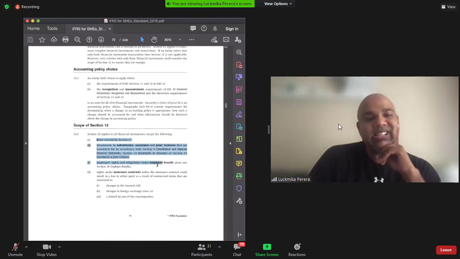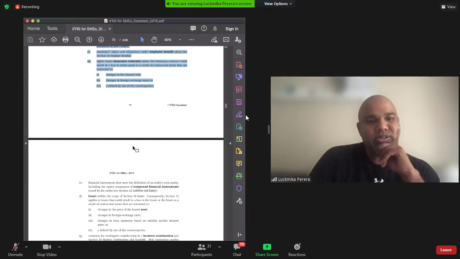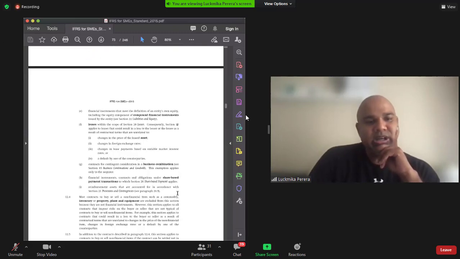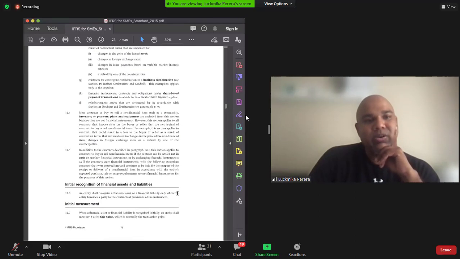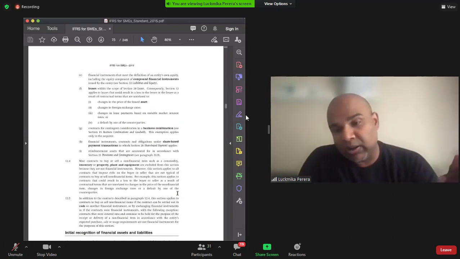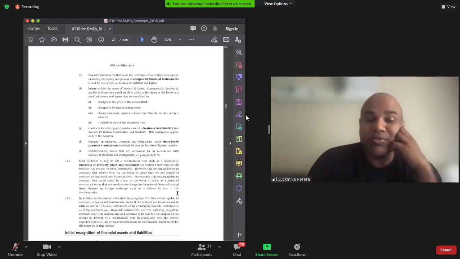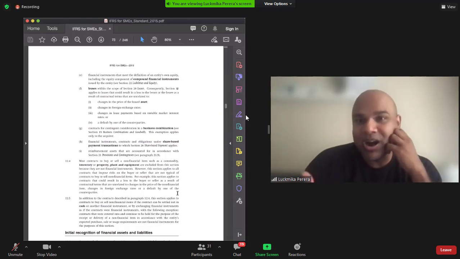Again, these things are exempt from financial instruments that fall under this category. Some examples of financial instruments: mortgages, the subprime, and the CDOs are considered as advanced